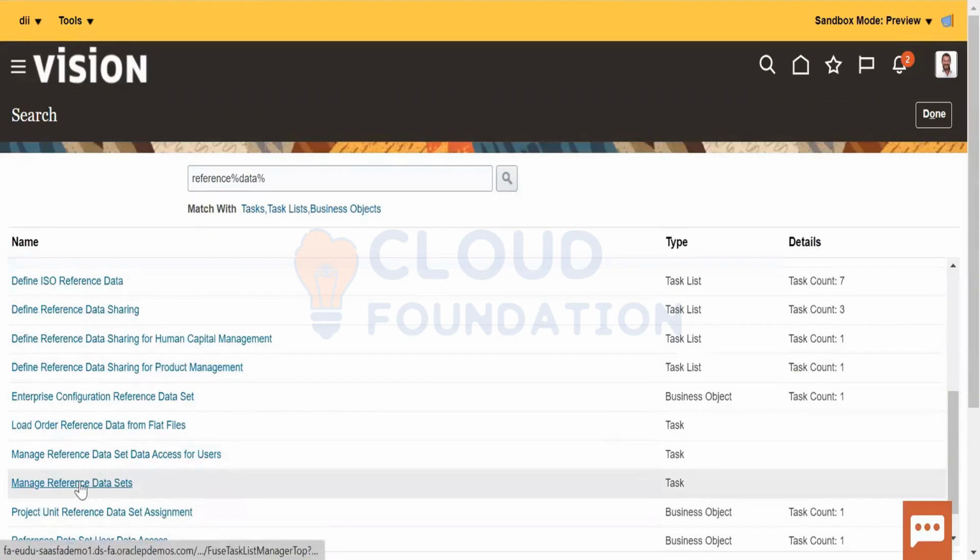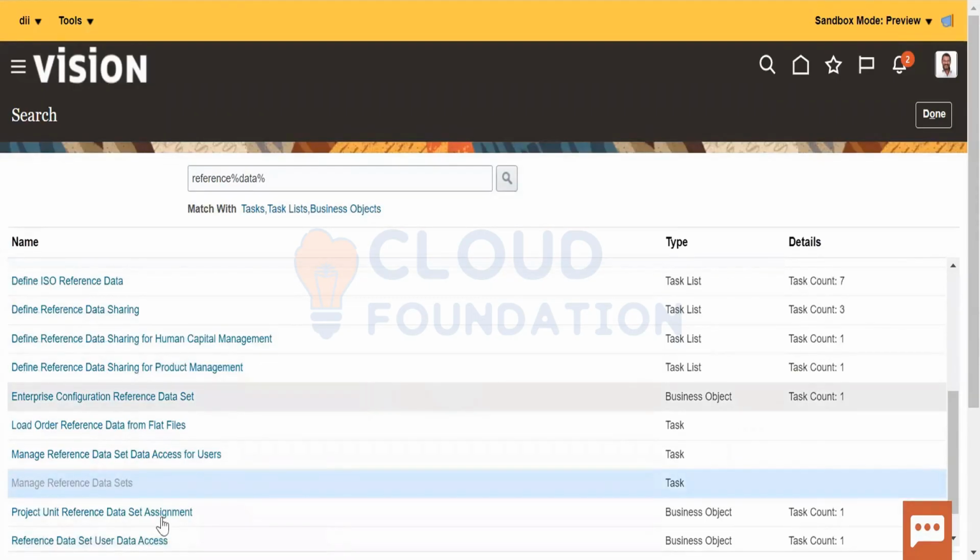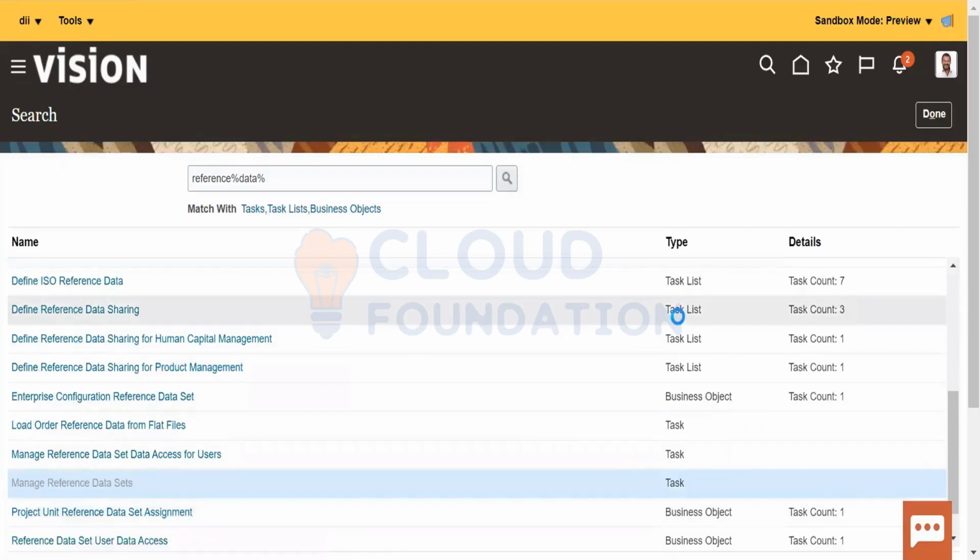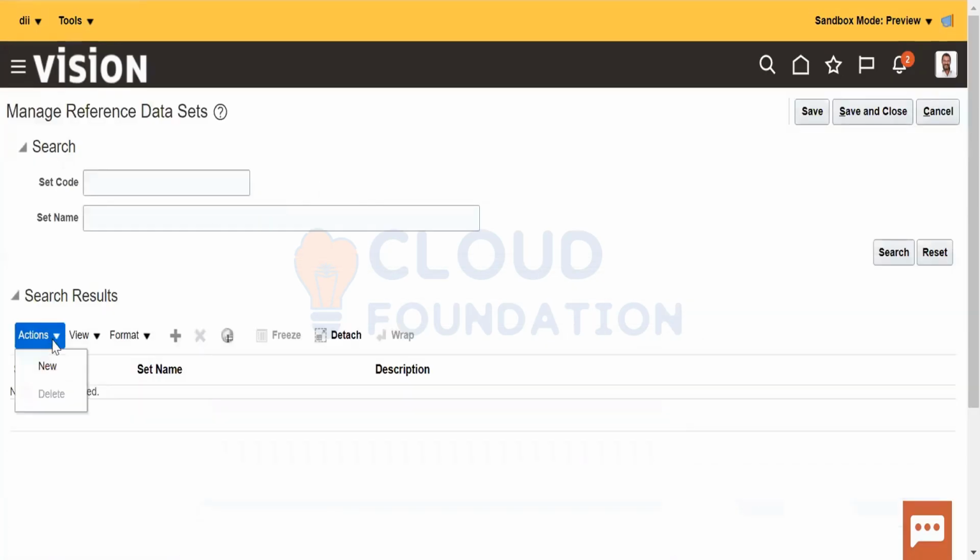Okay, manage reference datasets. Then you go this way or you can go that way, also manage implementation project.